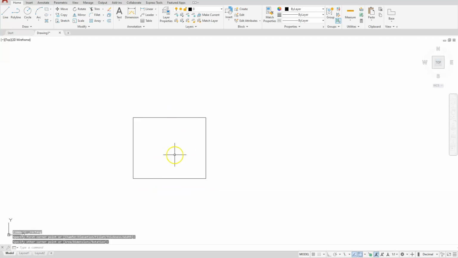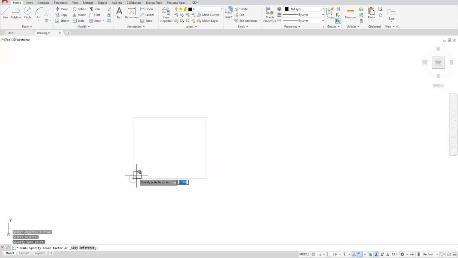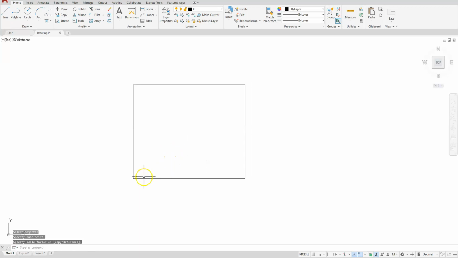Okay, the first thing in the scale command that I'm going to use is just the most general way most people will use it. So I'll choose scale, select an object, enter. Now for my base point, remember, that's where this object is going to either grow or shrink from. If I select this endpoint, you're going to see that as I move my cursor in and out, the scale will indeed grow or shrink it. And then I just simply click another point,